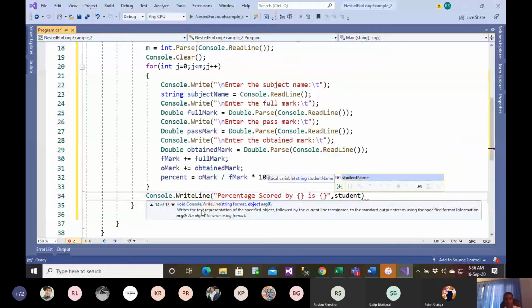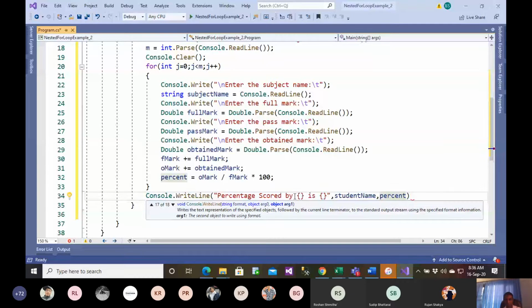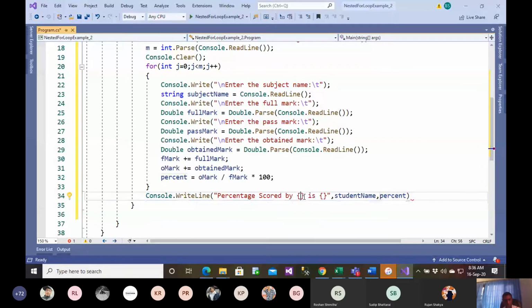Is this candidate, so percentage. Specify the positions, 0 positions. And here I can make a string flip because I don't want to display this unwanted value. Now whatever the number of candidates will have, this will get repeated and this will calculate for each student. Now there is a small logical error here, everyone. There is small logical error, and I will show you what exactly the error is here.